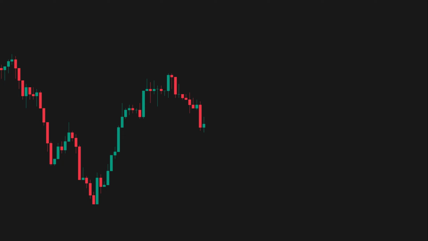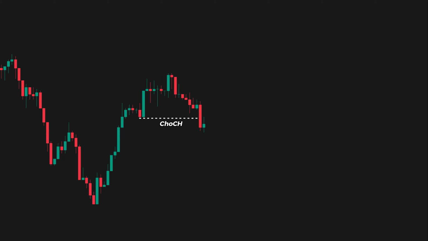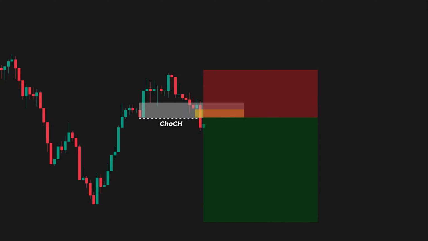In today's video, we're diving deep into a powerful trade entry setup that blends ICT's Unicorn Model with smart money concepts for even higher probability trades. The Unicorn Model occurs when a breaker block aligns with a fresh fair value gap, forming a high confluence trading zone. By integrating smart money principles, such as market structure shifts and order blocks, we can refine entries and maximize